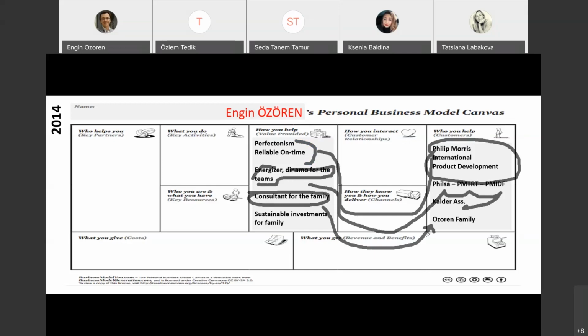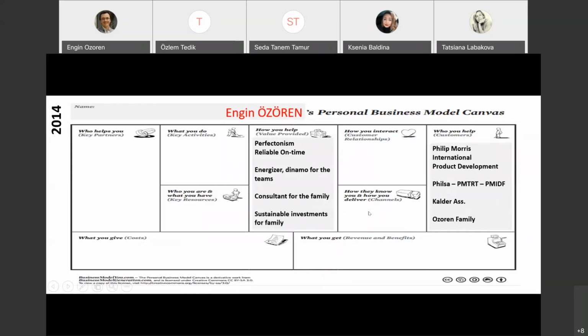Unfortunately, as one of the conservative families in Turkey, my family decisions are not taken by my father or my mother. After 16 to 17 years old, I took that responsibility for my family, giving decisions on what we should do. For instance, if we need to rent an apartment, I am going to rent that apartment. I always gave the decisions after 16 years, and made sustainable investments for my family. I could say that I am managing my